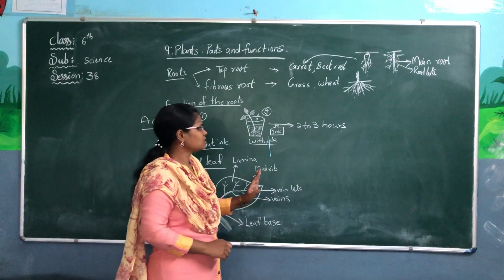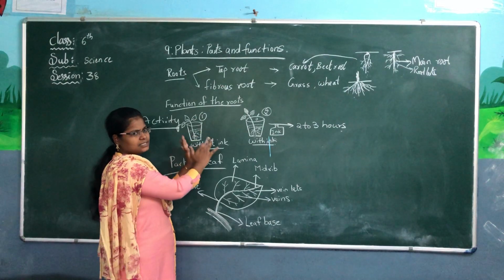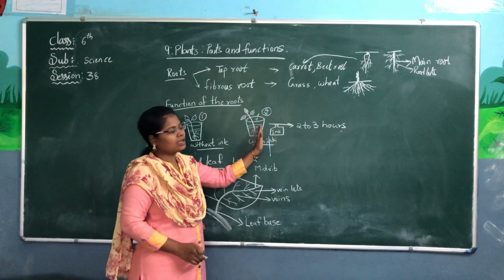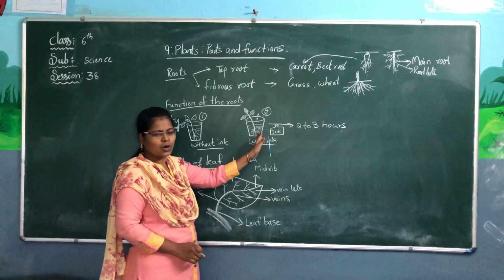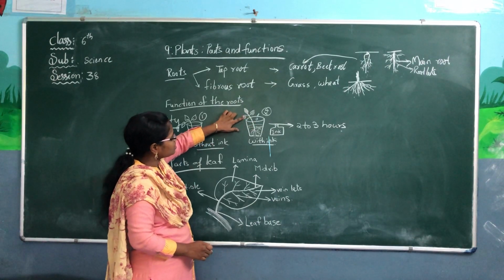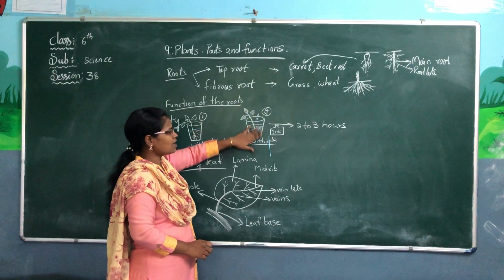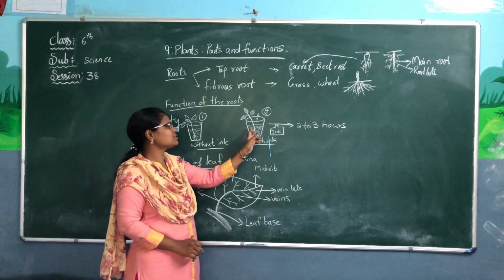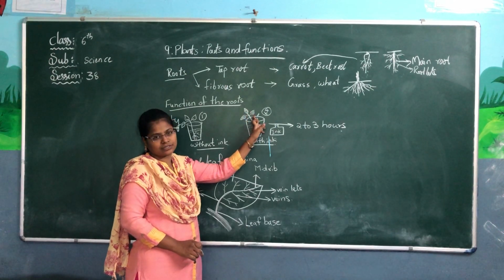After 2 to 3 hours, do you see any difference? In the first glass, the plant will be as it is. In the second, do you see any change? There will be some change because you have added blue or red color. If you have added blue color, you will see the stem and the leaves have some spots of blue color. If you are adding red color, you will have red color. You will have some color stains on the stem and on the leaves.